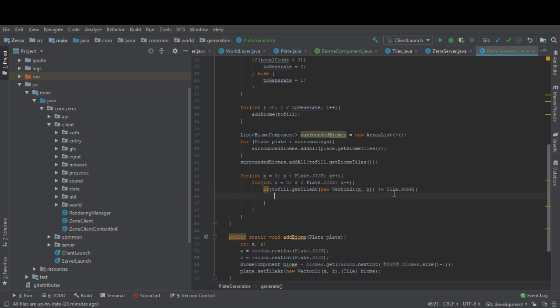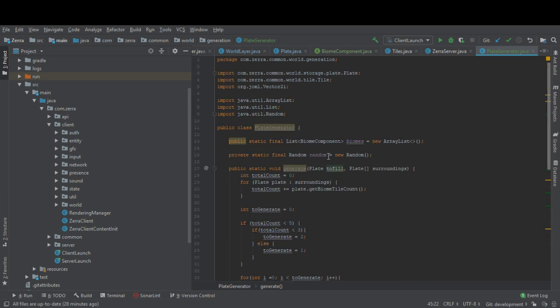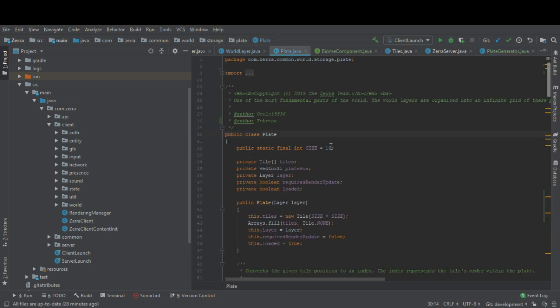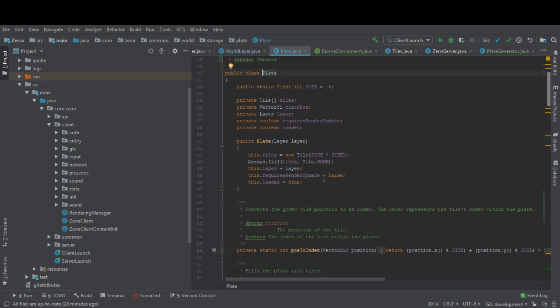There we go. As far as I'm aware, every plate when generated, give me a second, every plate should when generated fill itself with